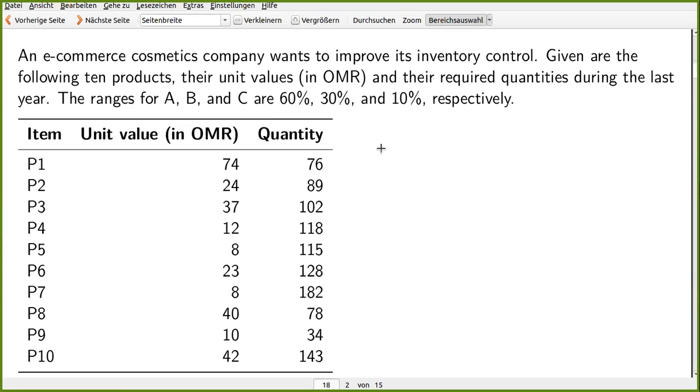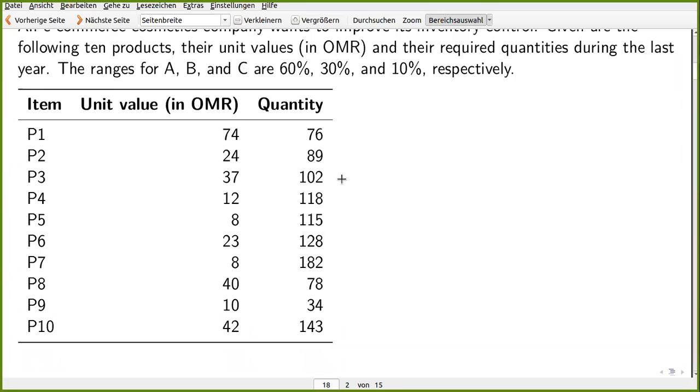And what to do now? What would be the next step? To find the annual usage. We have to calculate the annual usage. That's correct. And how do we do that? We multiply the quantity and the unit value together. Yes, that's correct. So for the first item, we would multiply 74 times 76, and then we repeat this for